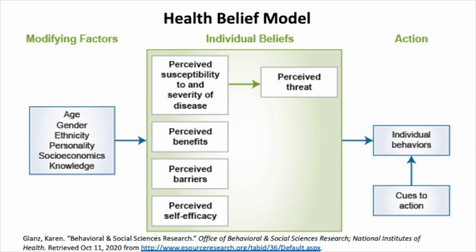So let's take a closer look at the health belief model, and recall from the previous slide that the health belief model is about how people's beliefs about their own risk for disease, and also their perceptions of the benefits of taking certain actions to avoid getting a disease. How does this actually influence their action and their readiness to take action? Here you see a figure that's breaking it down a bit more, and there are some key terms within this figure that are important for understanding the health belief model. So we have modifying factors, individual beliefs, and then action. Those are the three major components of this model.